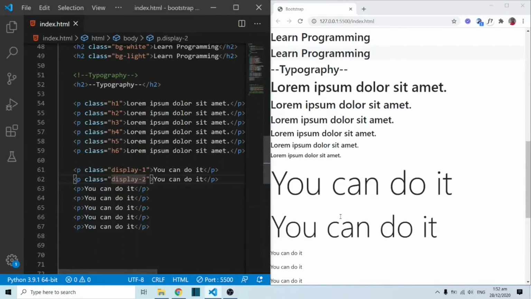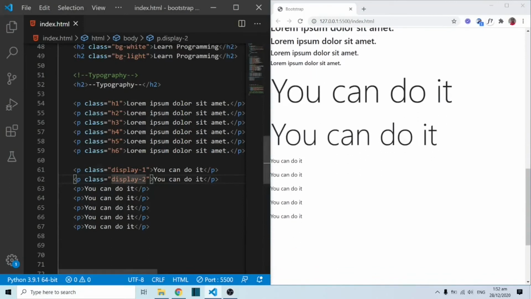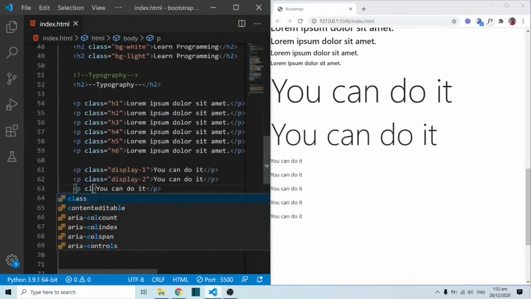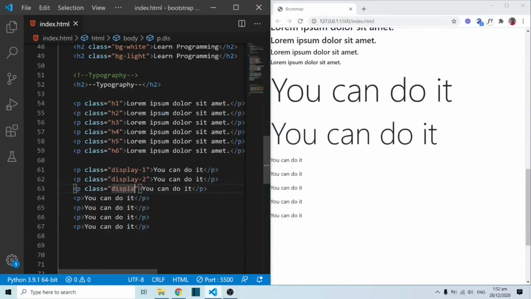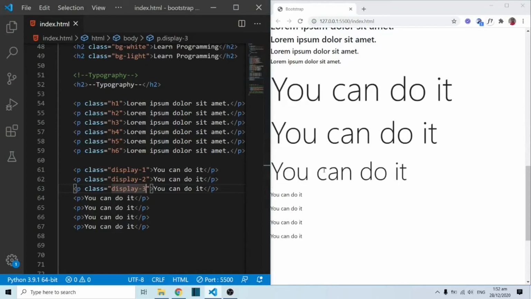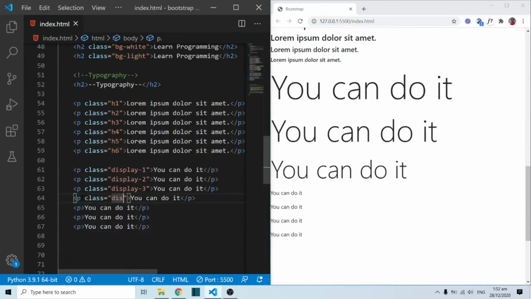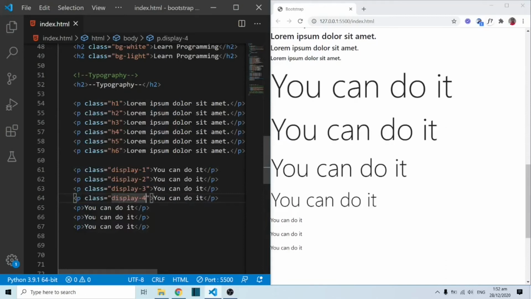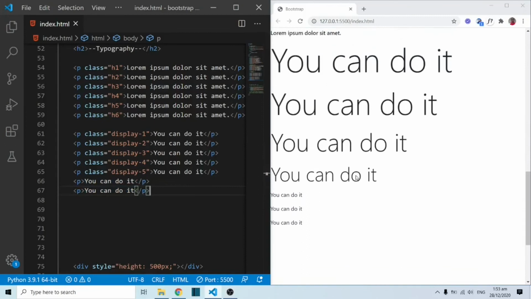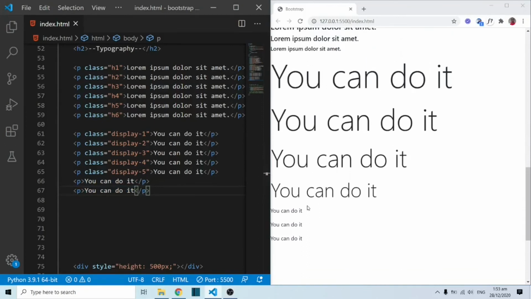And that's what you see over here, display-2. Then if your guess is as good as mine, we can do a display-3. And it moves in that order, just as the H1, H2, H3 to H6. So you also have this up to display-3. So let's do display-4. All right, so I think the display-5 is not working,